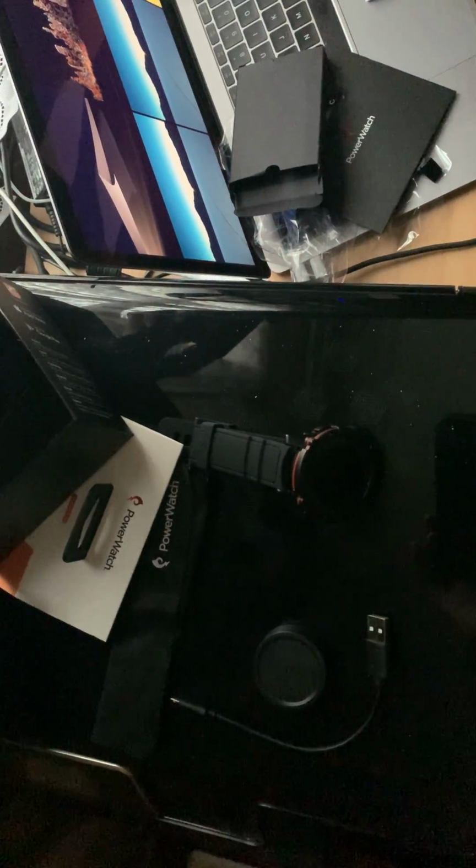So what we have so far is the watch. We have the charging block, which is a small enough device. We have the USB to micro USB lead. And we have a warranty card for the Powerwatch. And we also have a user manual,